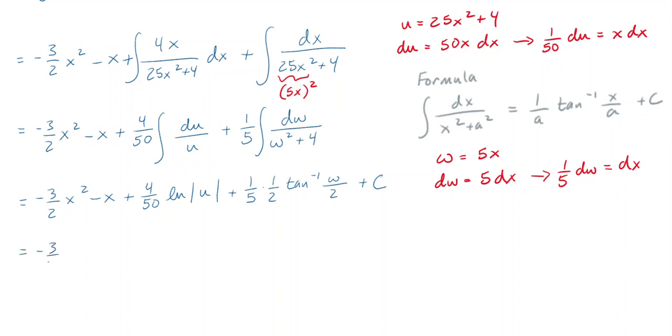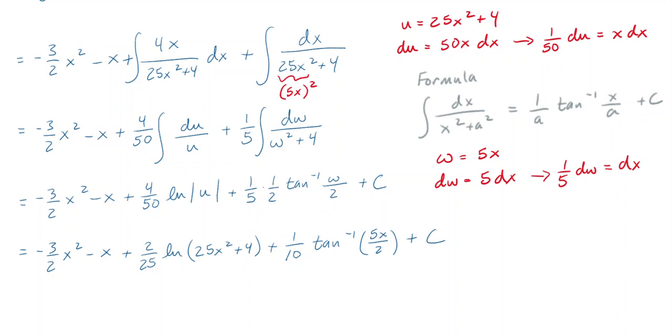So negative 3/2 x squared minus x plus 4 over 50 which, oh, I can reduce that. Let's go ahead and reduce that to 2 over 25. Natural log. And u was 25x squared plus 4, which is always going to be positive. So I really don't need an absolute value anymore. I can just do parentheses. Not wrong to leave the absolute value in there, but it's not necessary either. Plus 1/10 tangent inverse. And w was 5x, so this is 5x